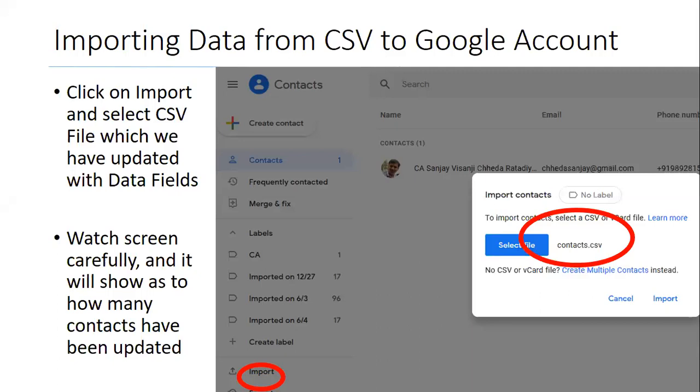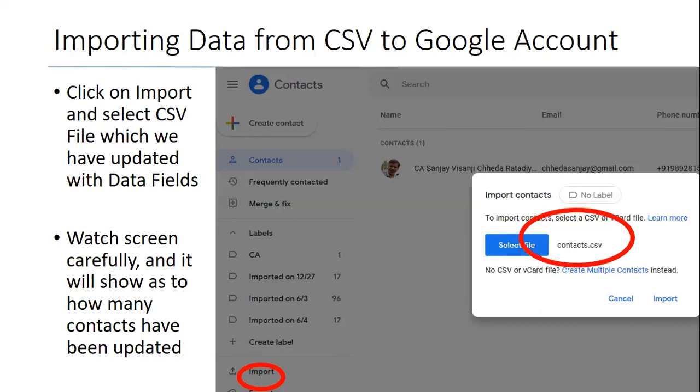What I'm saying is, the other fields, like address fields, have very specific usage: your residence address, your PIN code and all. There is no other field among the 66 fields which Google is offering where you can fit a membership number. So that is why I selected notes, where there is no other. Otherwise all the fields are very specific, very defined, like name of the person, designation, family details, home email, office email. I was not getting any field where I can fit the membership number, so I selected the notes field. Will it get imported into our phone? Yes, it will come.